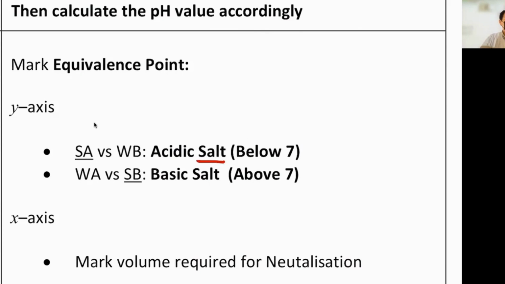Acid and base give you a salt. How do you know which one is acidic? How do you know which one is basic? Very simple. The acidic or basic is tagged along with the strong. Think of it like a tug of war. A stronger side and a weaker side. Who will win? The stronger side. So the stronger side will win, the acidic salt. Weak acid and strong